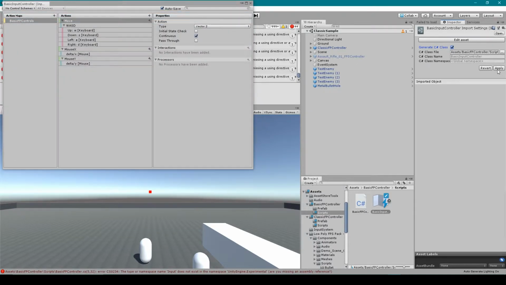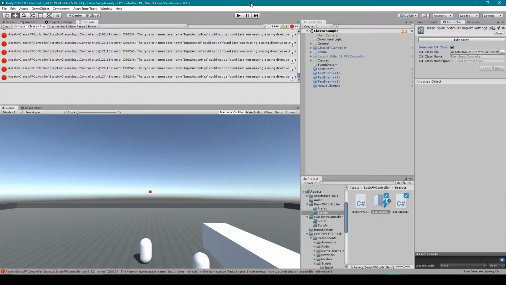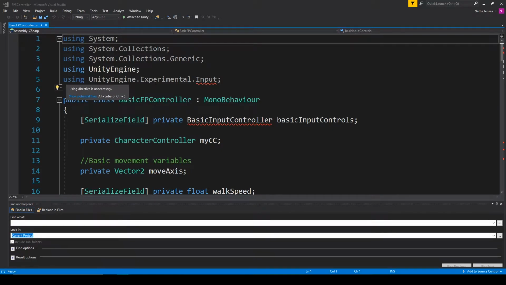I'm then going to click Apply, and here you can see that we now have a new basic input controller script. We can then go ahead and close this window, and I'm going to open up our basic FP controller script. So once you have your script open, the first thing that you'll notice is that we're receiving an error up in our namespaces, and it's right here where it says using